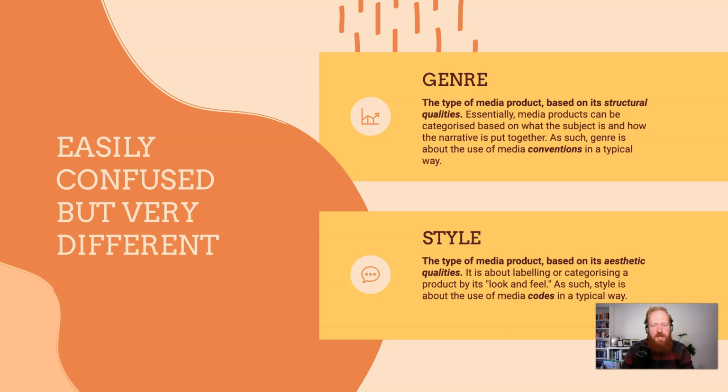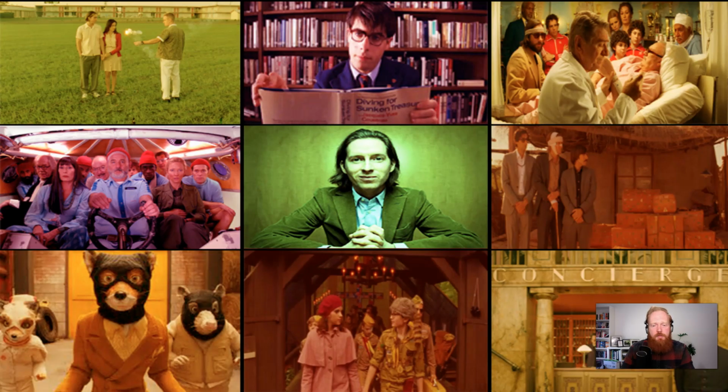To give you an example, if you're familiar with Wes Anderson films, you can spot a Wes Anderson film just from a single shot, because he has this consistent style of central framing, of using a muted pastel-y sort of color palette,